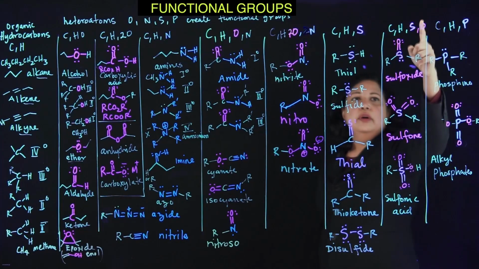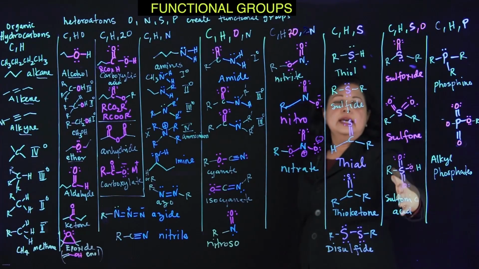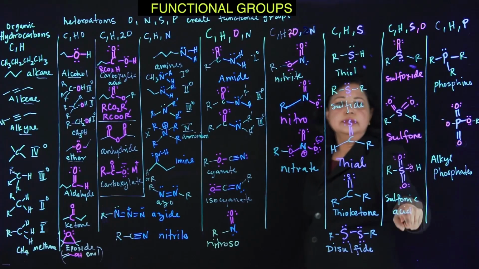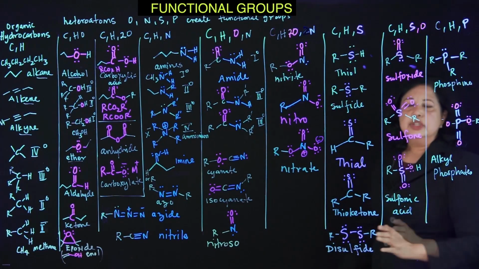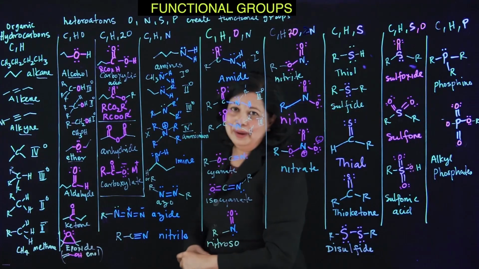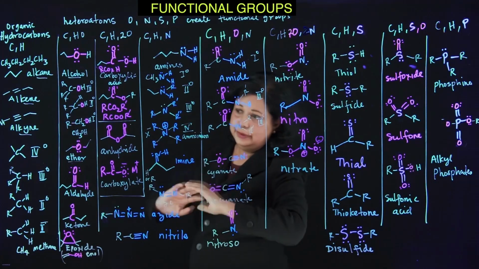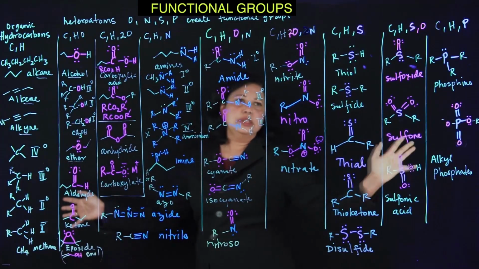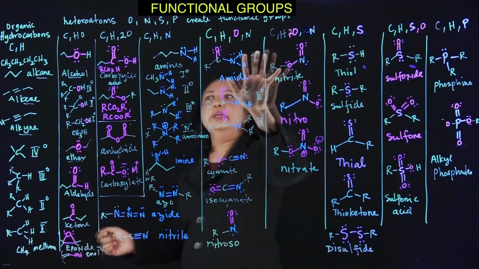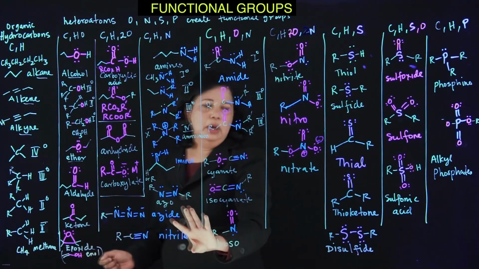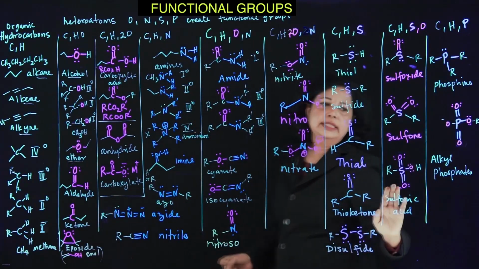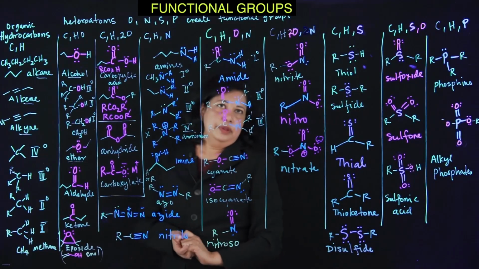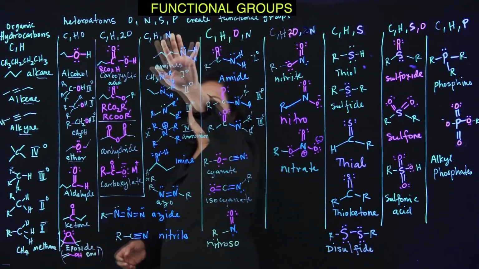Now you can put sulfur and oxygen and get oxidized sulfurs, and then this is sulfoxide, sulfonic acid, and then you can get your phosphines and phosphates and so on. There you go. Well, most of the important ones to get to know. These rare ones I just wrote down because you are going to see them down the line someplace in some reagent, but for the most part you need to know the important ones.